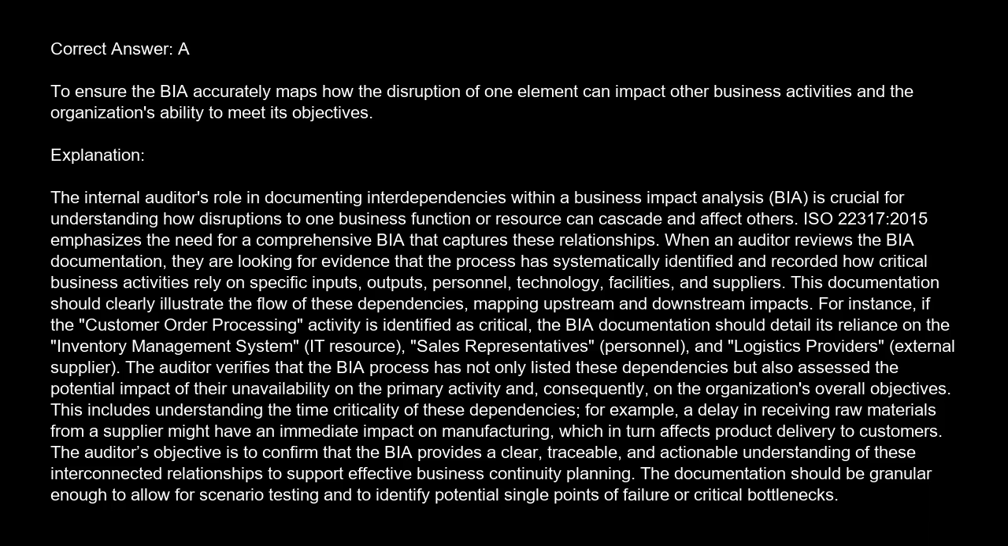For example, a delay in receiving raw materials from a supplier might have an immediate impact on manufacturing, which in turn affects product delivery to customers. The auditor's objective is to confirm that the BIA provides a clear, traceable, and actionable understanding of these interconnected relationships to support effective business continuity planning. The documentation should be granular enough to allow for scenario testing and to identify potential single points of failure or